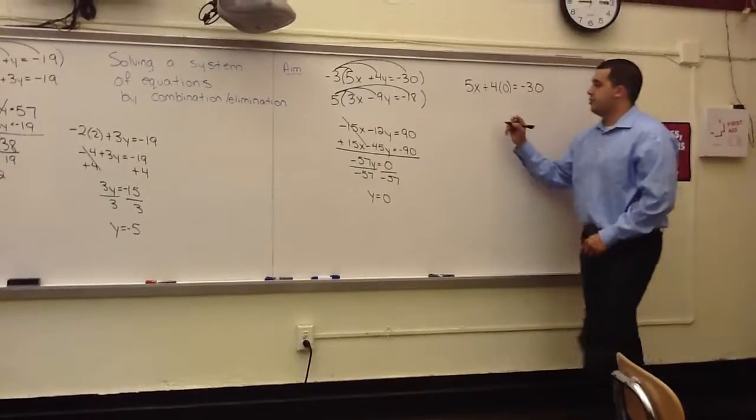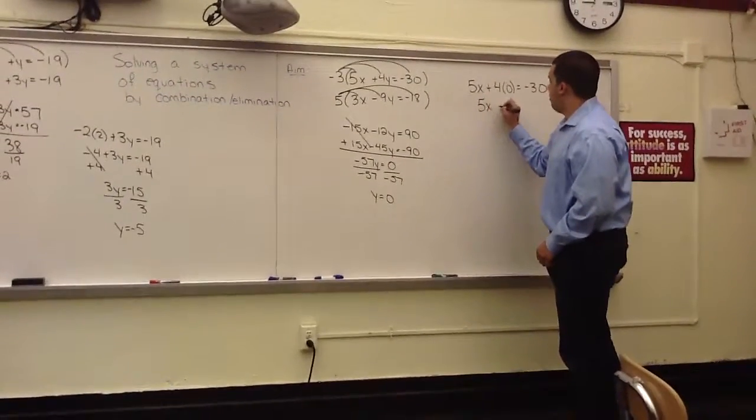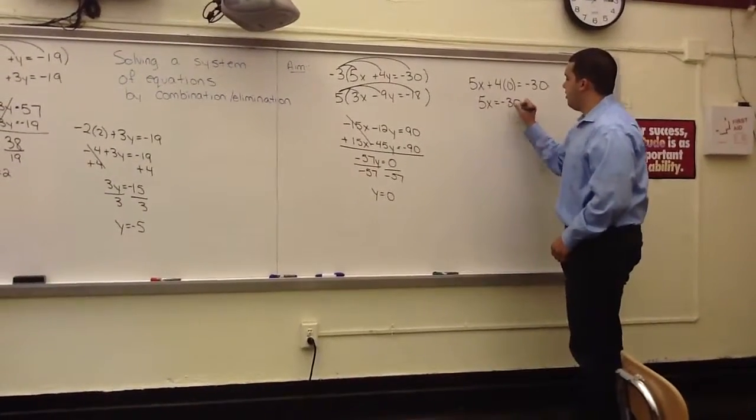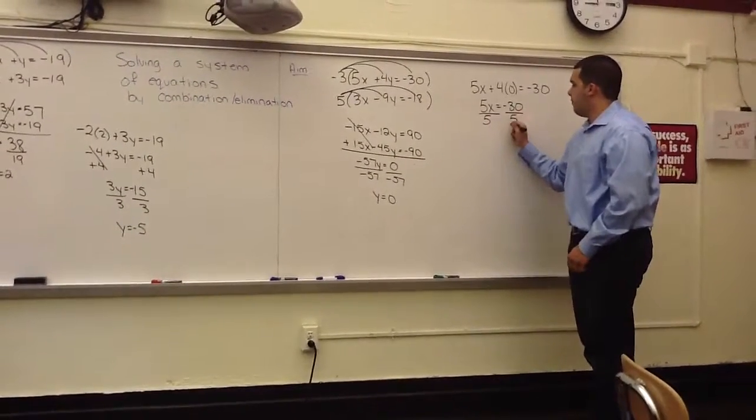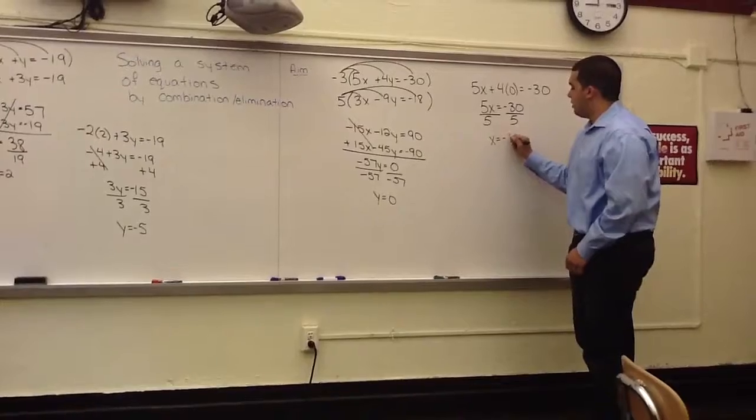Four times 0 is 0. So 5x is equal to negative 30. And then to get x by itself, just divide by 5. And that will actually give you negative